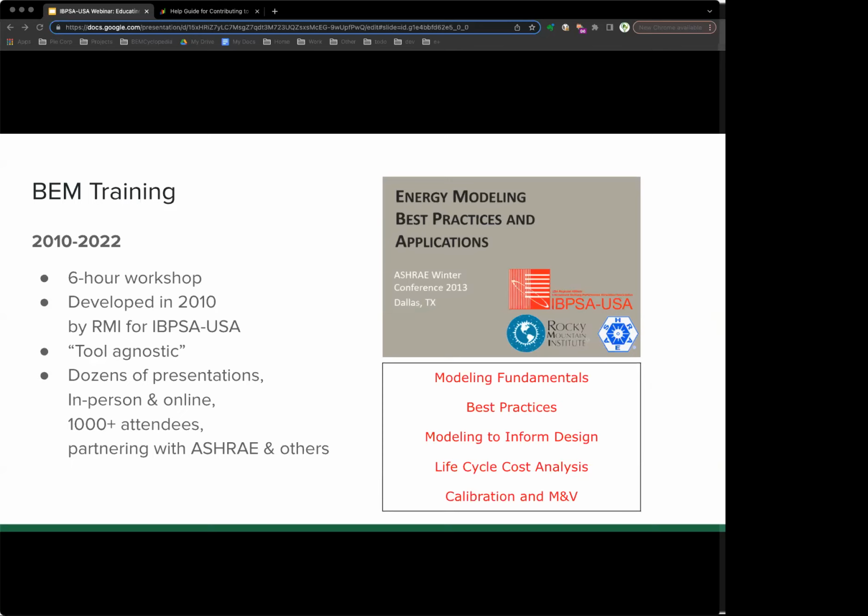The idea was a tool-agnostic training on best practices and applications. The committee felt there was a gap in training resources. As Dimitri mentioned, the vendors provide training on how to use their specific tools, often for some applications, but nobody was necessarily providing a comprehensive best practices approach to training.